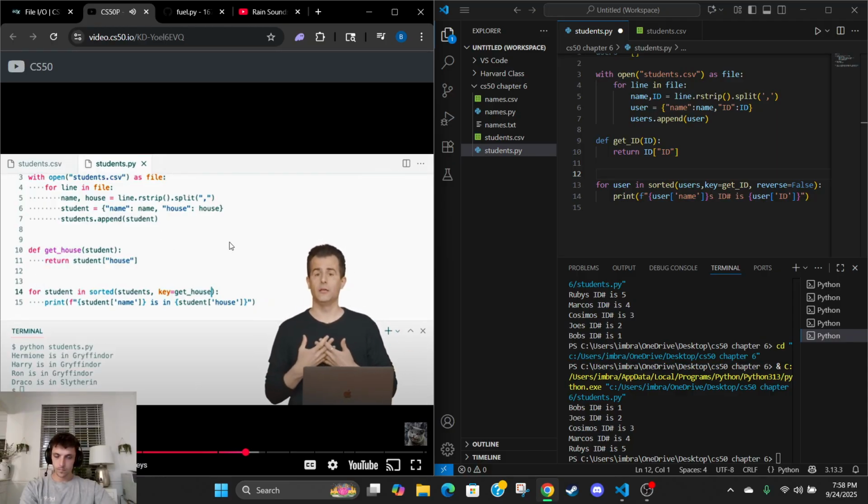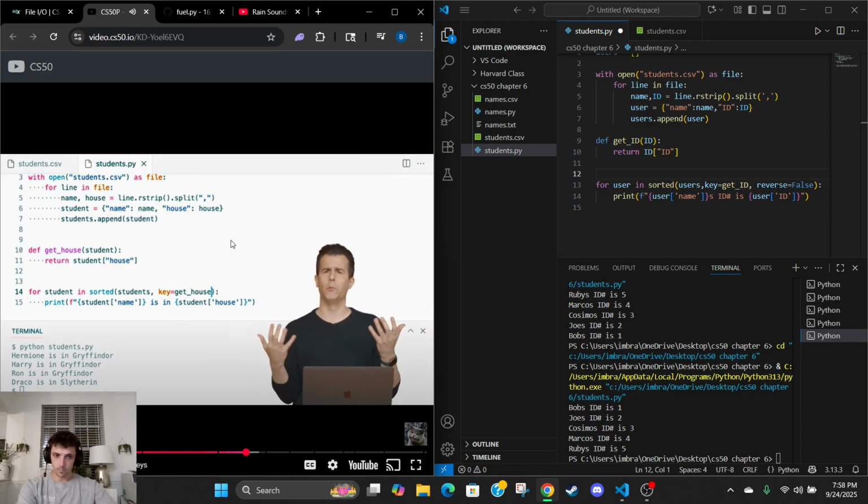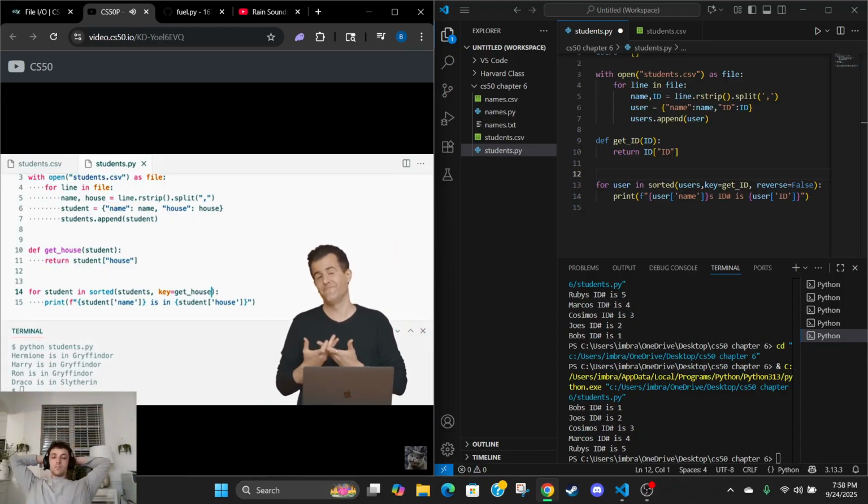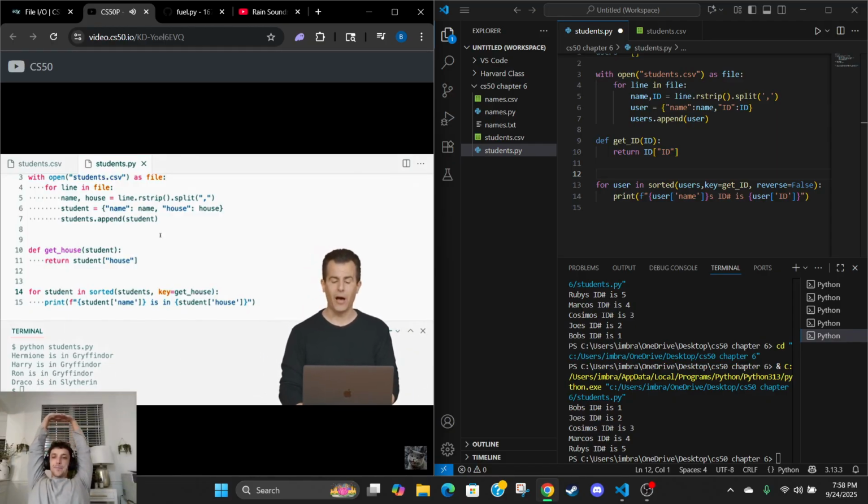Could create a structure that is a dictionary of dictionaries, but I would argue it just doesn't solve a problem. I don't need a dictionary of dictionaries. I need a list of key value pairs right now. That's all. So let me propose if we go back to students.py here, and we revert back to the approach